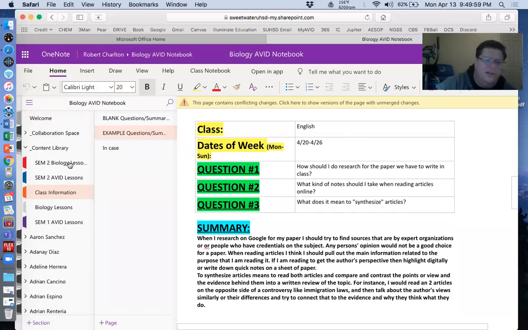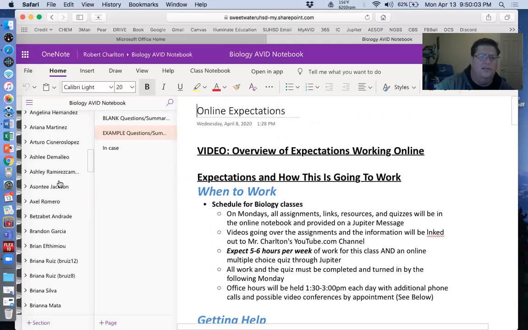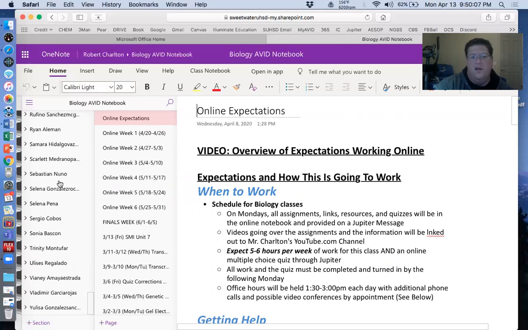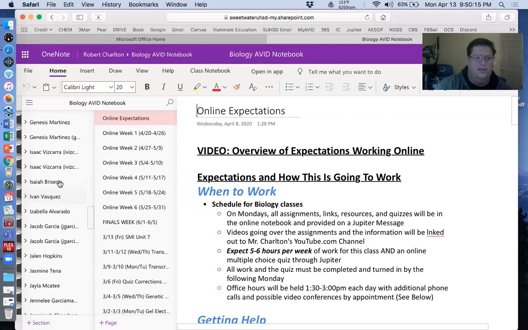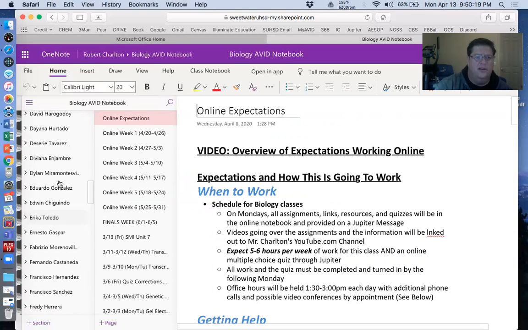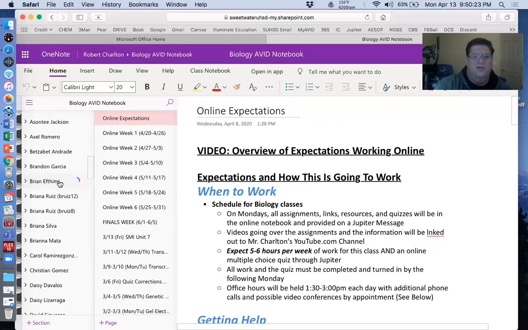All right, another thing you're going to see over here on the left-hand side is your name. Now, you're going to see a whole bunch of names listed on my left-hand side. That's because these are all the students in all of my classes. You're just going to see your name. So I'm going to choose one of my tutors. Let's go to Brian, who's a tutor for the 9th grade class. All right, you click on your name, you should see